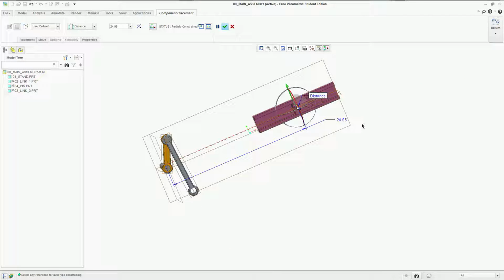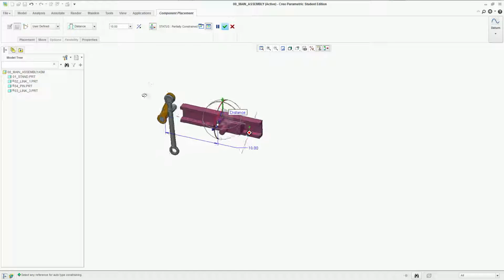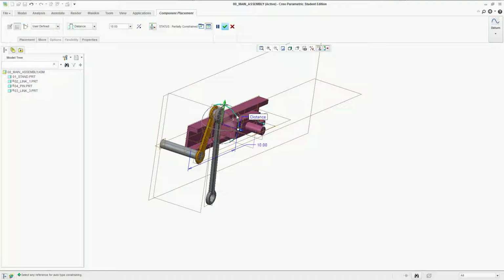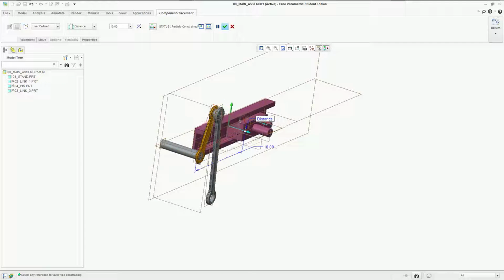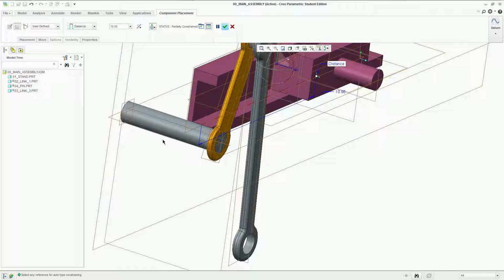And it already gave me a value of how far it is now, and I'm gonna say it's, let's say, 10. Just bring it in a little closer, and we still have quite a few degrees of freedom. It's still allowed to rotate like this. It's still allowed to go back and forth, up and down, and we don't want that. So we're gonna limit